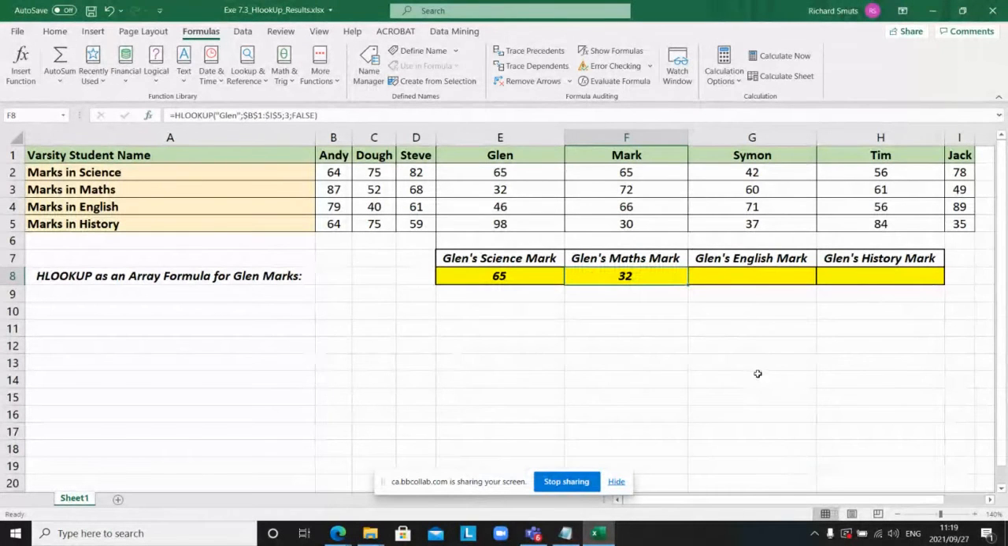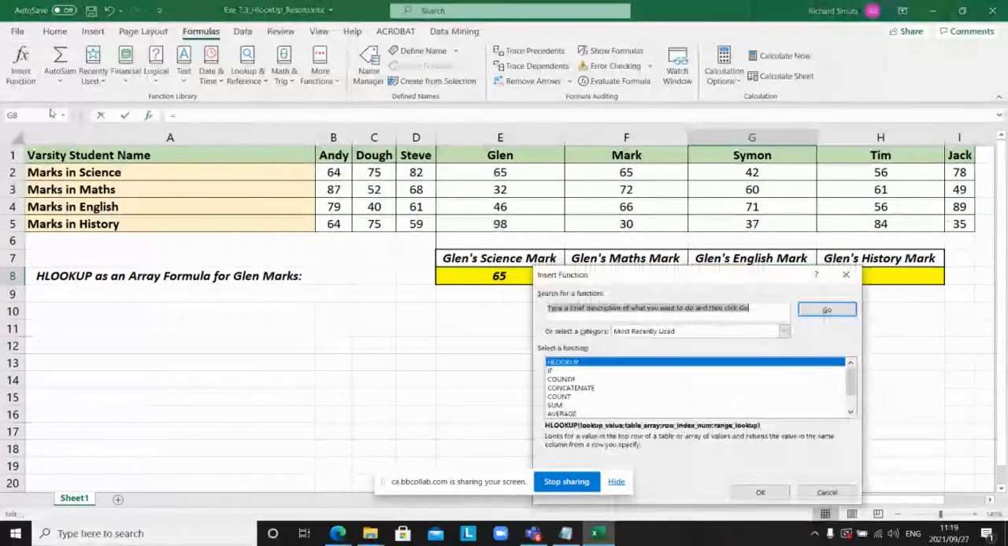And that is going to show me his maths mark. So please be aware, you can't use the full handle here. Let's do his English mark quickly. Insert function,